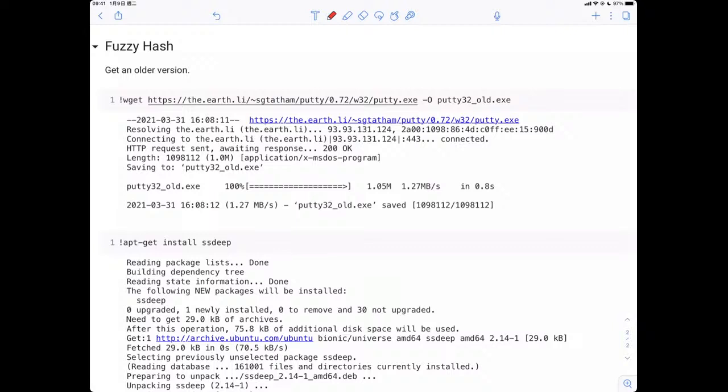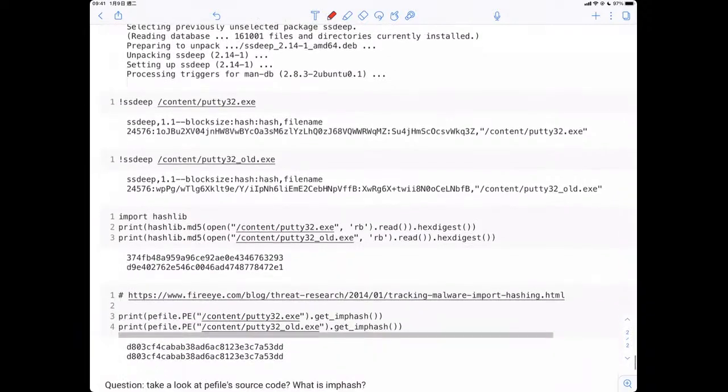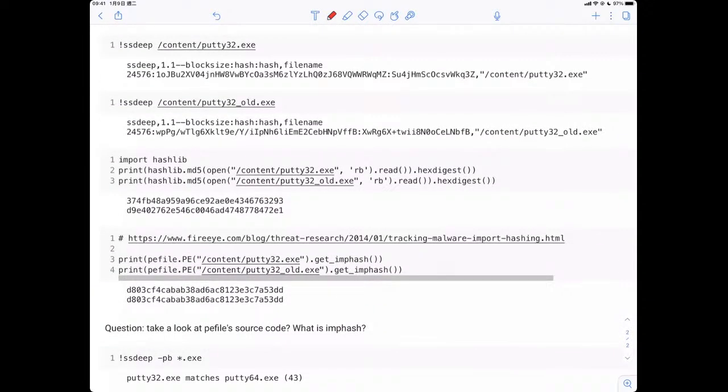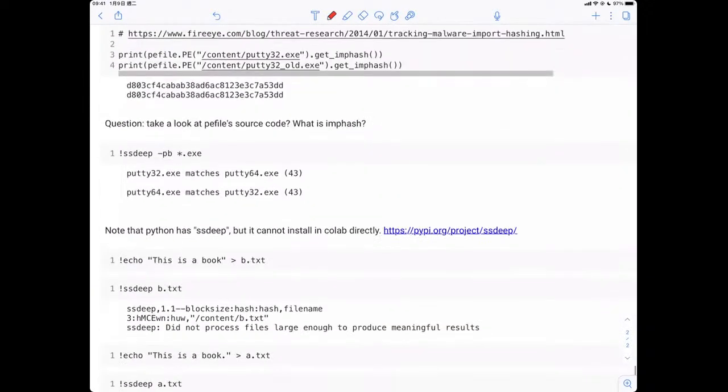This hash has a very specific feature, which is if your input bytes are similar, then after you input those files into fuzzy hash, the hash result will be similar as well. So you can try this function as well. Okay, that is the last one.